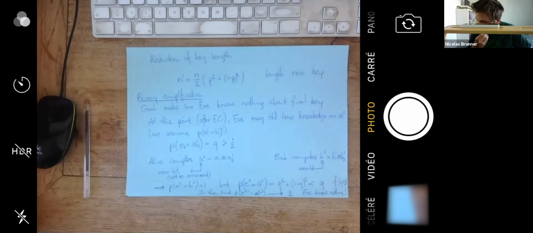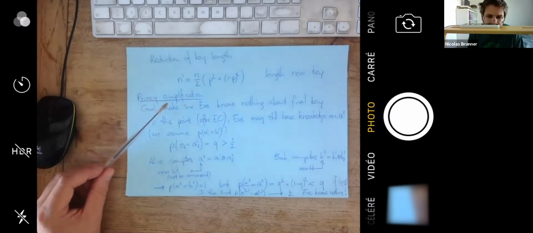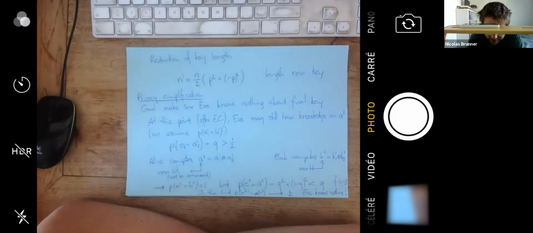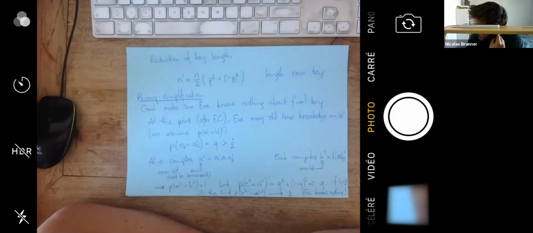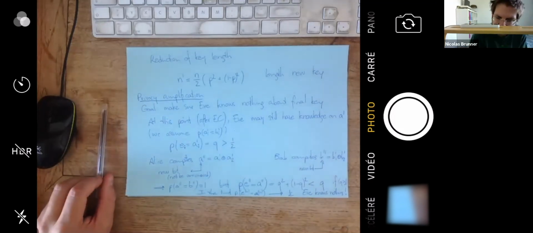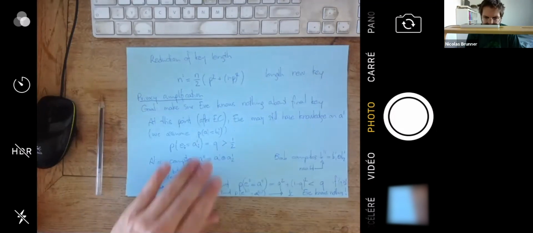So the point is that, as I mentioned at the beginning of the lecture, this protocol of BB84 went essentially unnoticed for almost 10 years, until some physicist, Arthur Ekert, rediscovered quantum cryptography in the early 90s. In fact, he rediscovered it in a very different way. Of course, he was not aware of the work of Bennett and Brassard, and he had a very different idea.